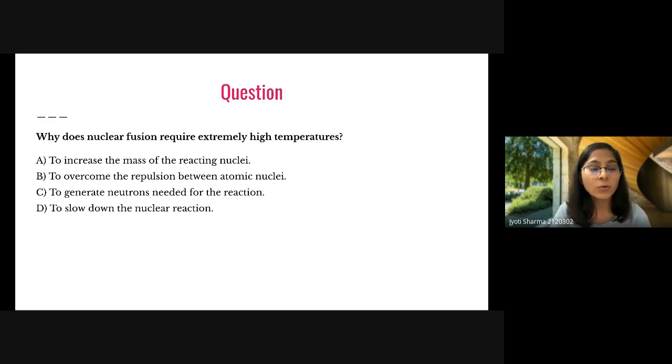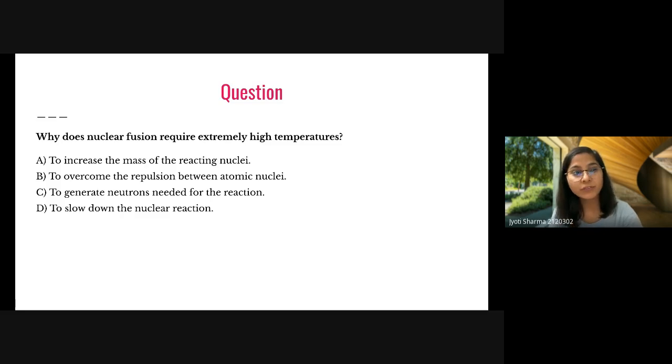If you know, experimentally we have only performed nuclear fission on earth; fusion is not possible, because we need a very high temperature. The high energy that we get from the sun is because of nuclear fusion. We have hydrogen and hydrogen, and they fuse together to give you helium. This gives more energy than nuclear fission, but it is not very feasible on earth because we need extremely high temperature.